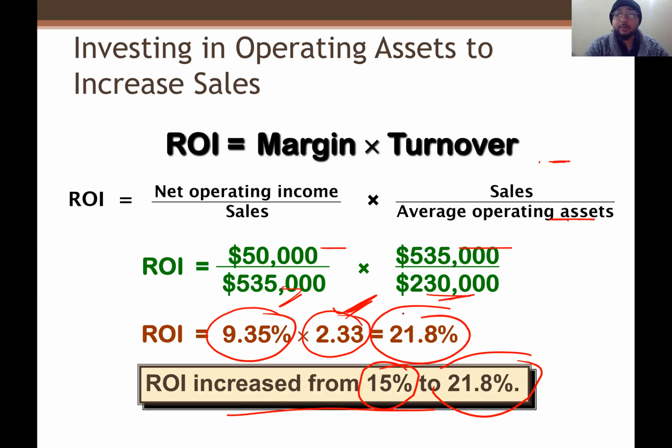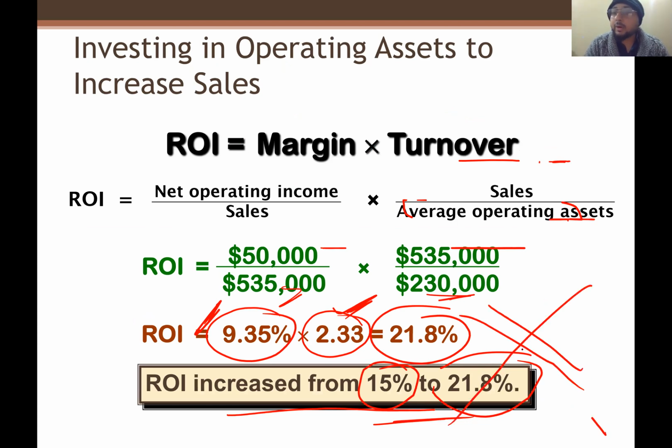Look at the overall benefit to the organization. Overall, the company's profit has increased. The margin ratio has increased from 6 to 9.35%, right? And ROI increased from 15% to 21.8%. But the cost center manager, who is evaluated on the basis of turnover, will say, I don't want this. Why? Because my efficiency is now going down. I am evaluated based on efficiency of the assets, turnover. But due to this investment in new assets, my turnover is going to decrease and I'm not going to be given bonuses. So he will find ways so that the company will not acquire these assets,